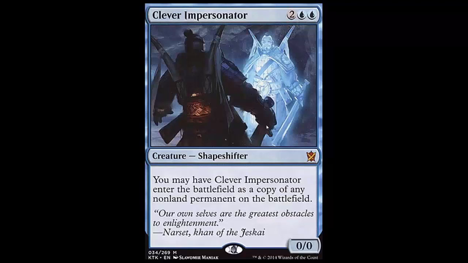2 and 2 blue. It's a clone, and when it comes into play, it's a copy of any non-land permanent on the battlefield. So great, it's a clone, costs 4 mana, which kinda sucks, because we're usually used to paying 2 mana for that for Phantasmal Image, or 3 mana for that in Phyrexian Metamorph, and getting a little bit of flexibility. But with this card, it costs 4, but it has much more flexibility than Metamorph could ever ask for, because this can be a Planeswalker, this can be an enchantment, can be pretty much everything that isn't a